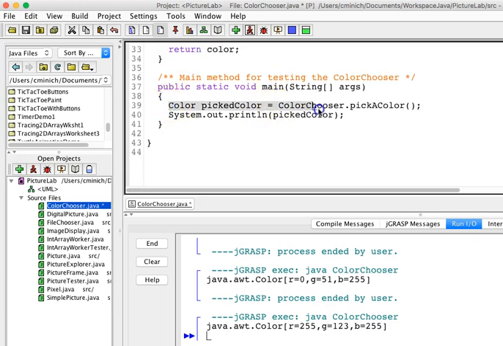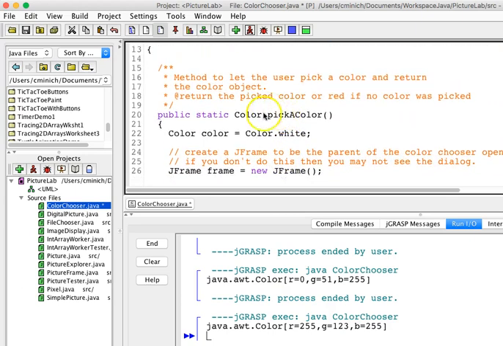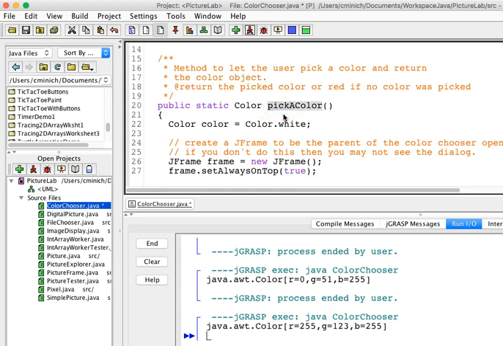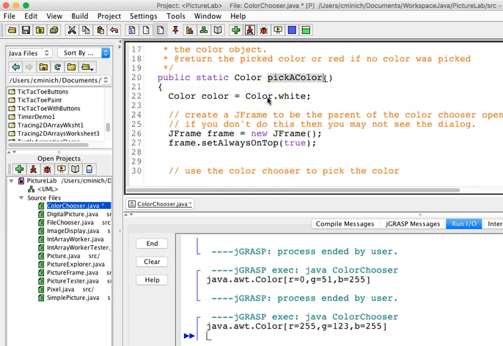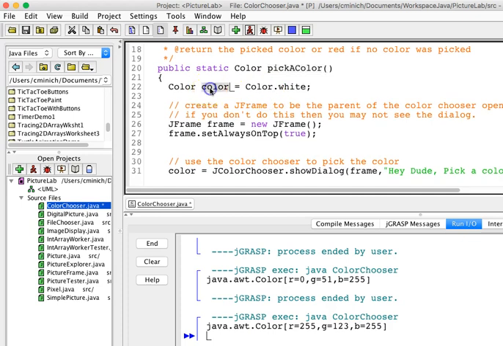Okay, I've traced the 2 lines of code there in this main method, which of course refers to this method right here. Let's take a close look at this method in the way that she wrote it. So she declares a local variable named color. She sets it equal to the color white that's built into Java, just because she didn't know what else to put in there. She could have set it equal to null, but she didn't. It's an object variable. It's not an int. It's not a double, so you would not set it equal to 0 or 0.0